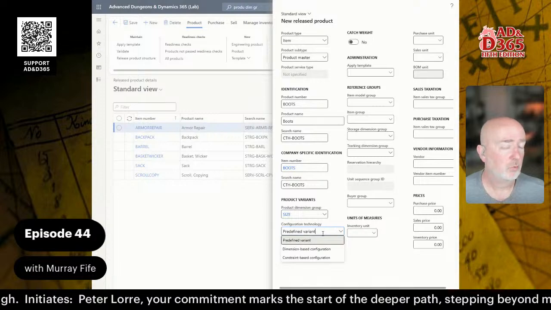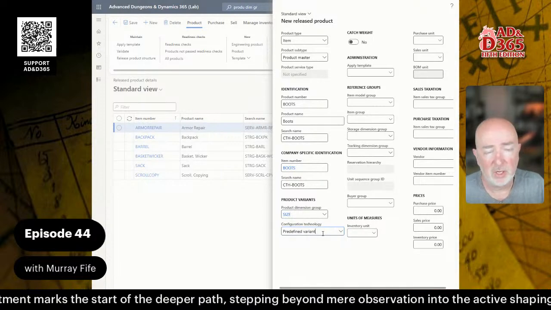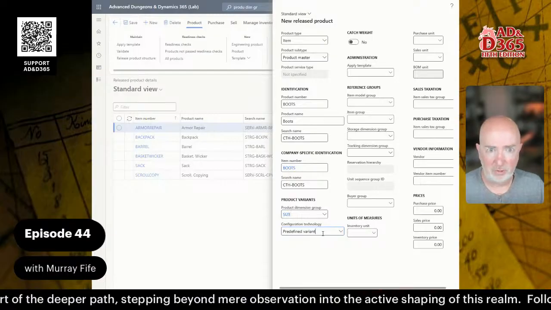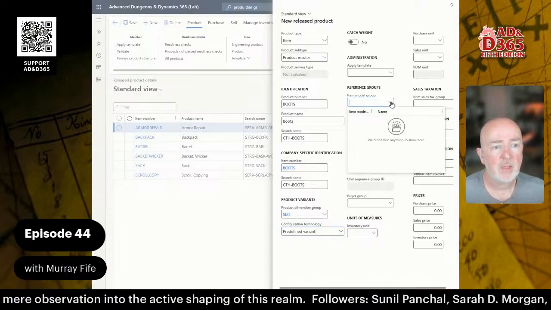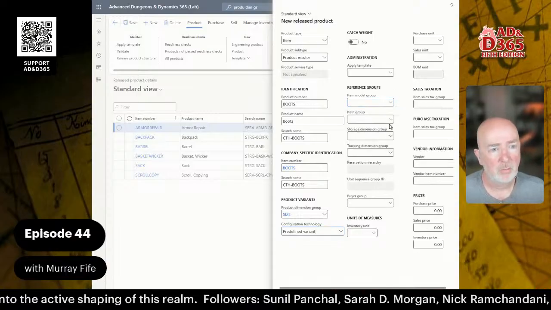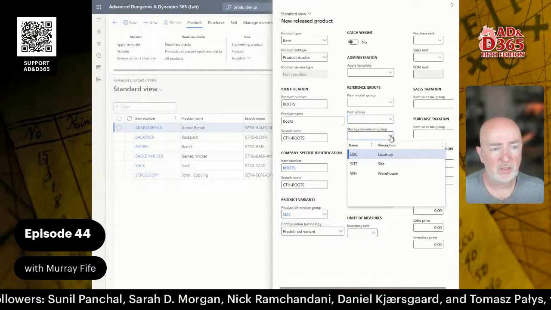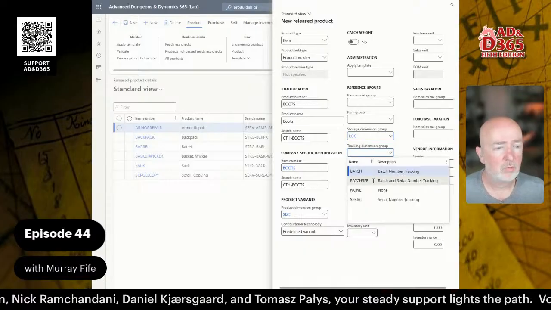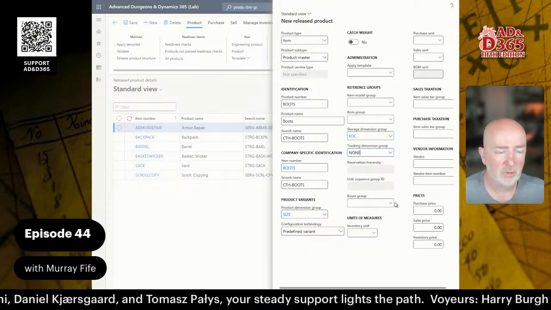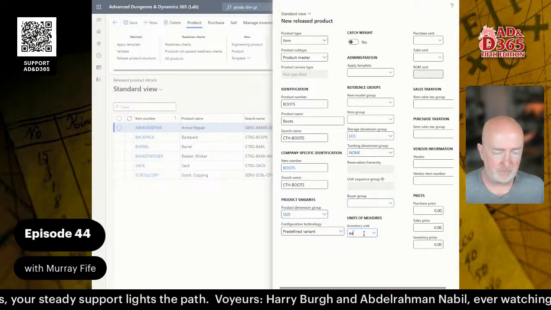But what we're going to do is stick with this predefined variant, which says I'm going to tell you what the sizes are. We're not going to use a configurator. We're not going to use any sort of special thing like that. And then we don't have an item model group. We don't have an item group. We will store these at the location, just like everything else, and we won't track these. There's no badge or serial number that we need to worry about. We don't have a buyer group. And then